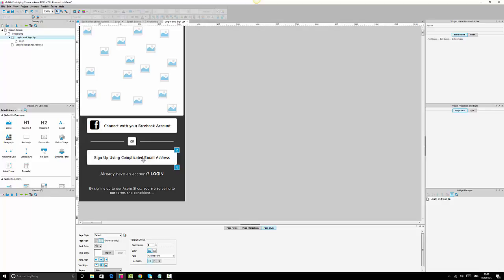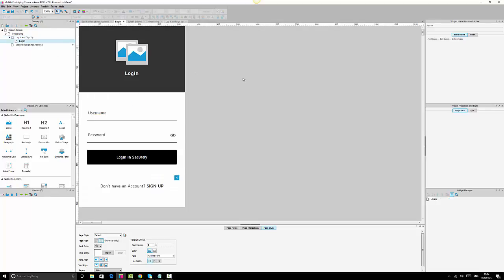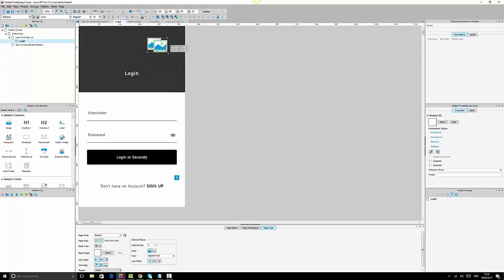So to do our login with Facebook page, we need to really consider so many things. So what we need to do now is let's look for our login with Facebook page as well, and say, okay, login with Facebook page, how do we want that page to be created? And on our login screen, we can improve on the design and say, okay, let's ungroup this, and let's ungroup this, and then put this here. Let's make this here, and